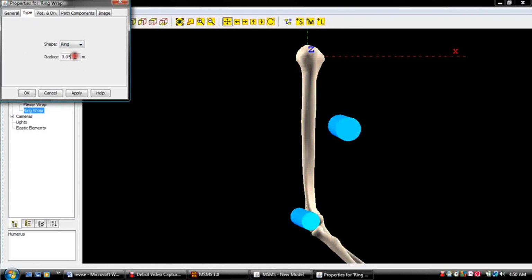And we're going to make the radius 0.02 meters. And we're going to go to the position orientation. So here we can either edit it through the properties for the ring wrap window, or we can edit it interactively like we just did with the flexor wrap. So I'm going to edit it through the properties tab because it's a little faster than editing it